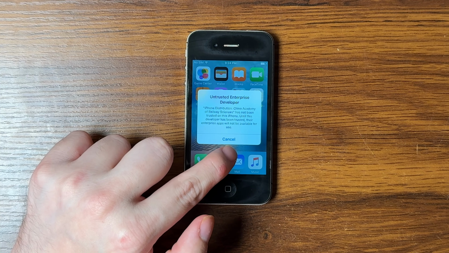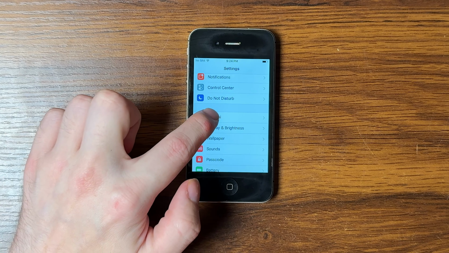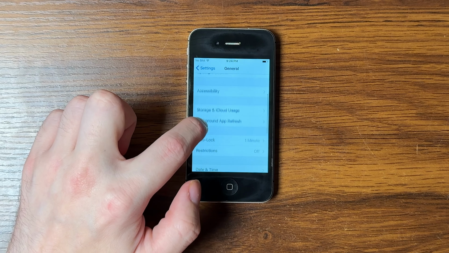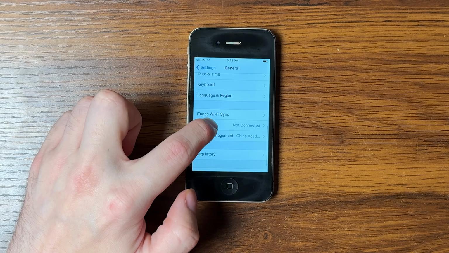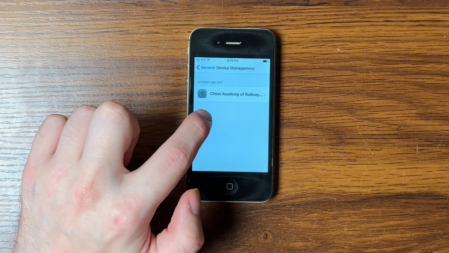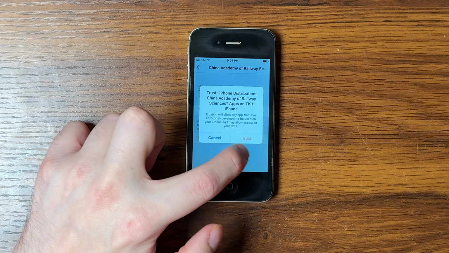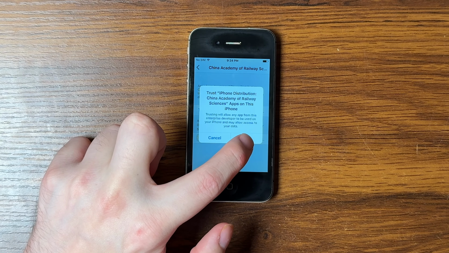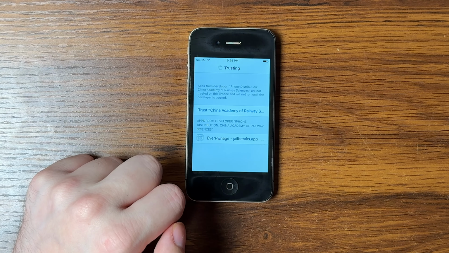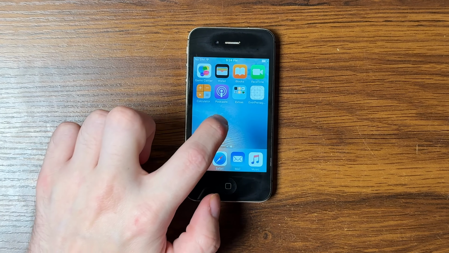You're going to get the untrusted developer pop-up. You're then going to go into your settings, go to the general section, scroll down to profiles and device management, and you're going to see a profile there for the EverPwnage app. You're going to tap that profile. You're then going to tap the blue trust button and then the red trust button. Once you've tapped trust twice, you can go back to your home screen and the EverPwnage Jailbreak app should now